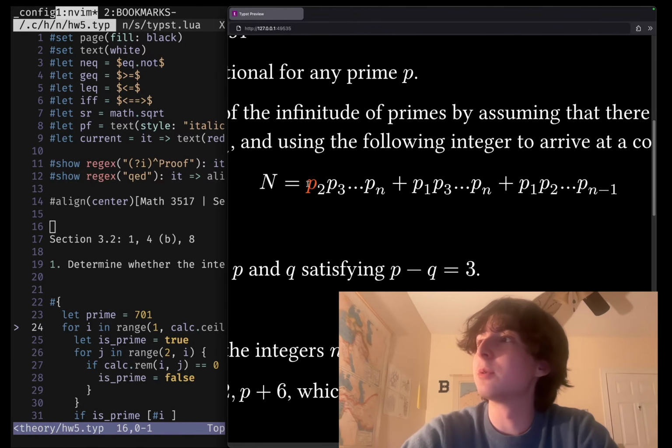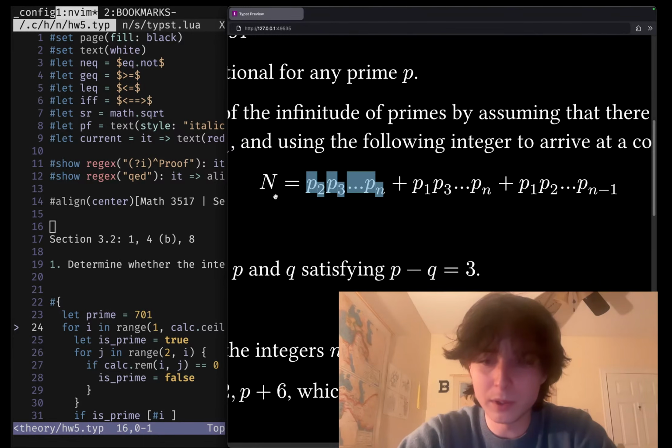The integer is the second prime, the third prime, all the way up to the nth prime. And then the first prime, the third prime, I guess the fifth prime, like all the odd primes. And then the first prime, the second prime, all by 1 up to n minus 1. So that'll be interesting. That's just a really weird